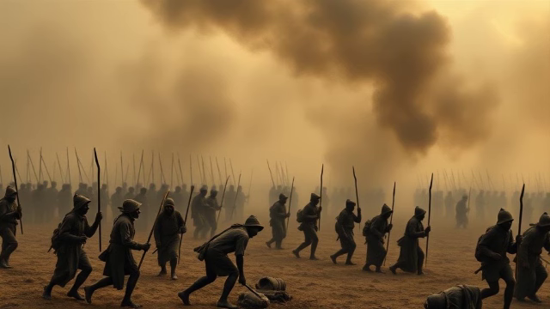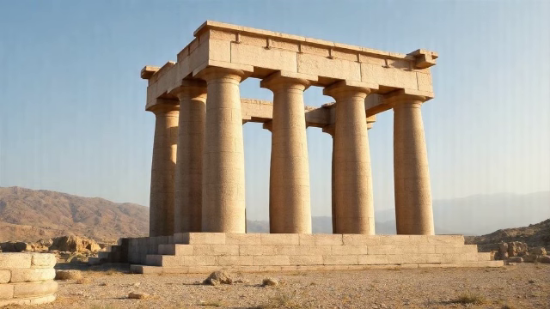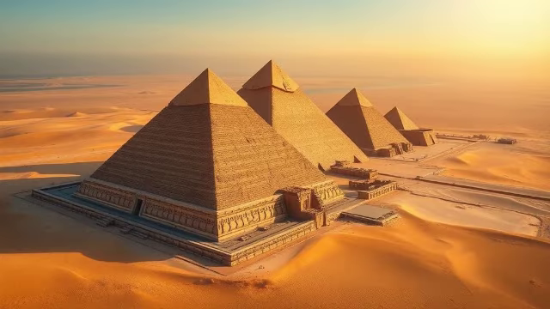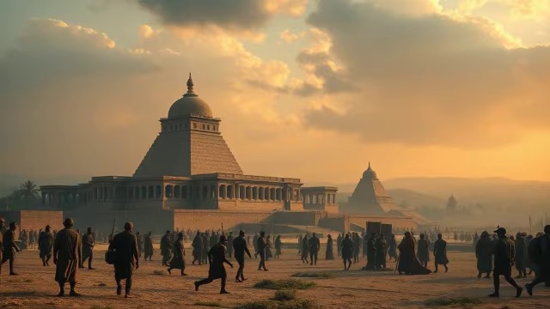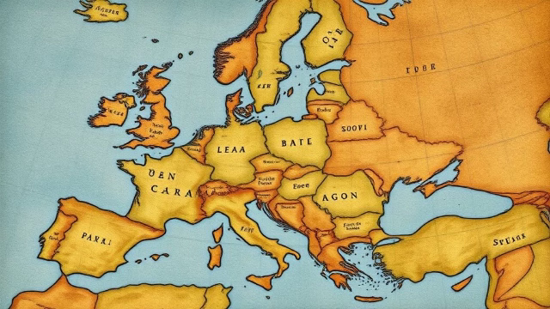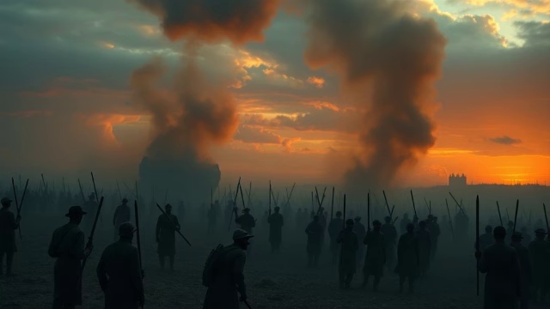Prisoners of war were the most common source of slaves in these early societies. In Egypt, for example, slaves were often used to build monumental structures, including the pyramids. While the conditions were harsh, the scale of slavery in these ancient civilizations was not yet as vast as what would come centuries later. However, it was during the age of European exploration in the 15th century that slavery expanded